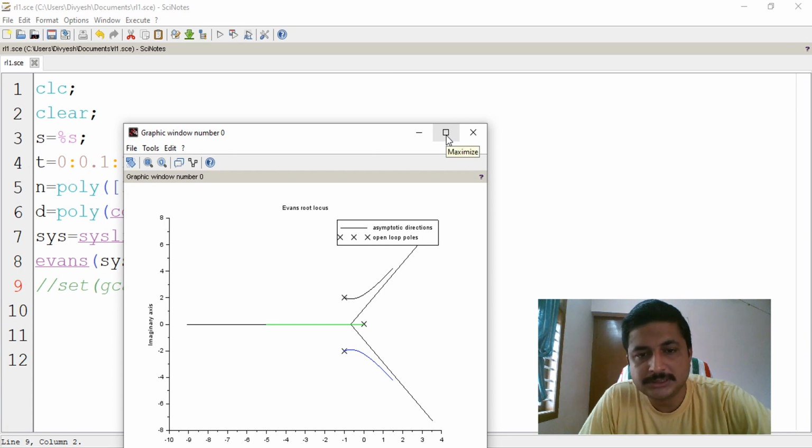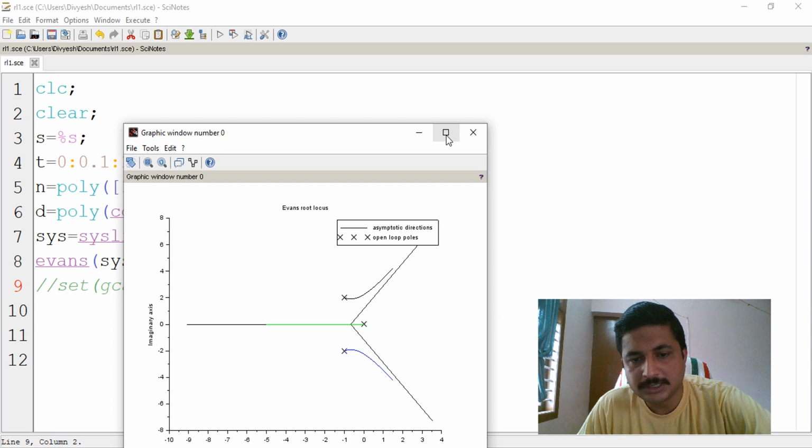Okay, so this is the plot I get. You have the roots here, 1, 2, 3. If you theoretically calculate for the given question, you will find that you have open loop poles, represented here as open loop poles. You have an open loop pole at 0, and open loop poles at -1 plus or minus j2. Those are the roots, I think, for this particular problem. So you get that. These are the asymptotes drawn from the centroid.